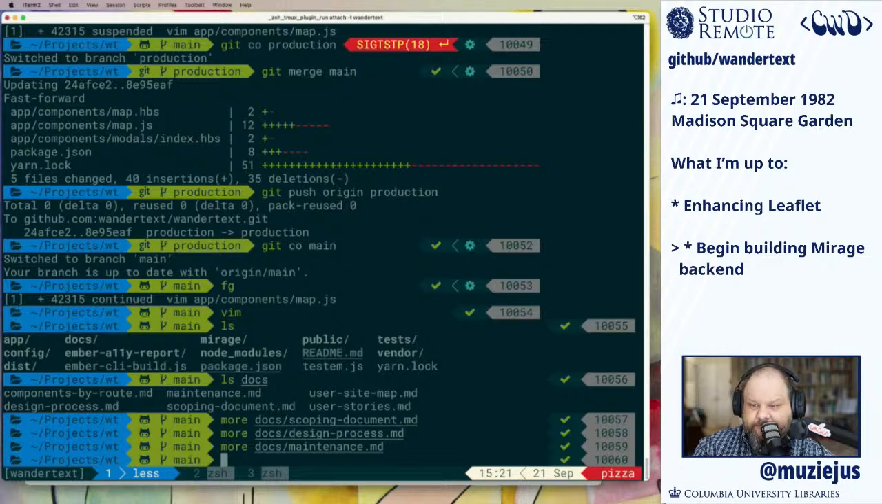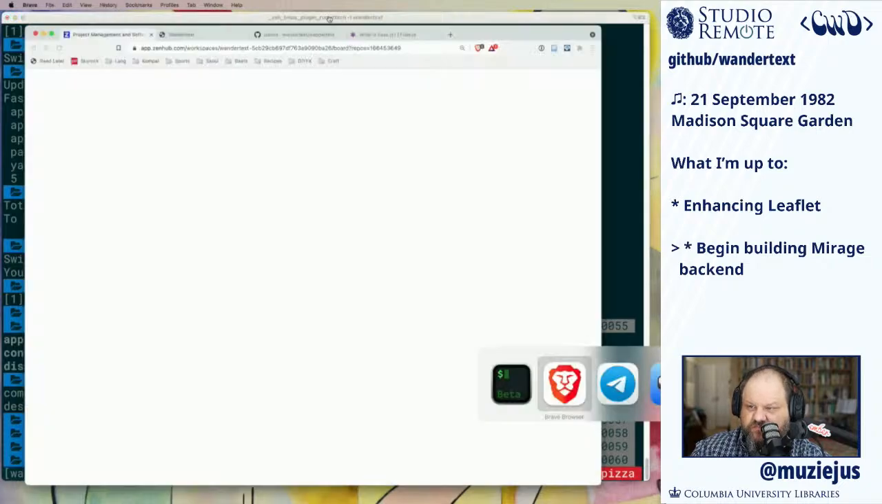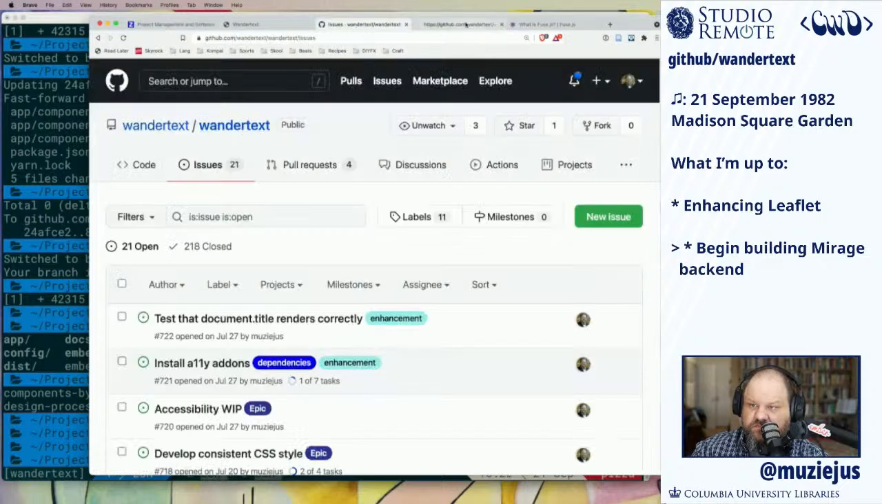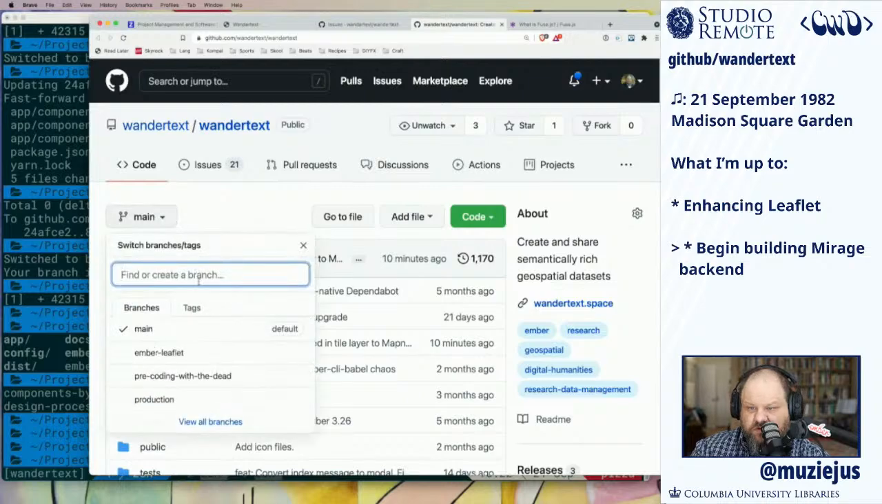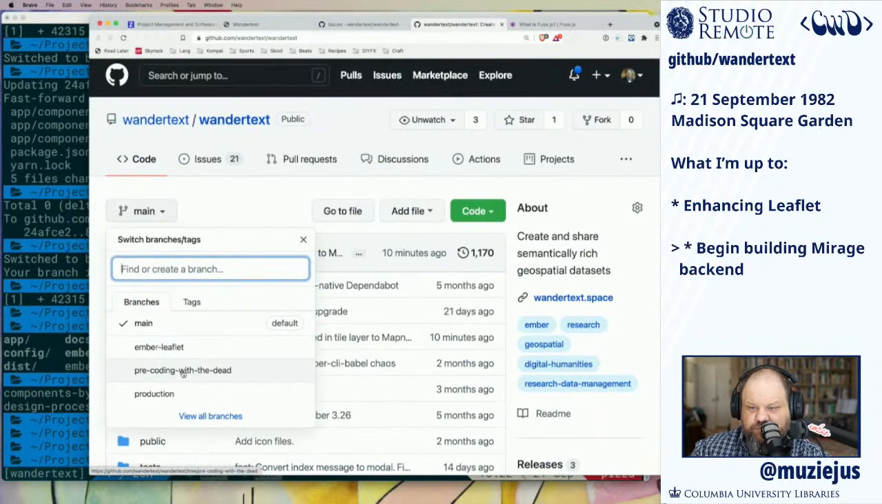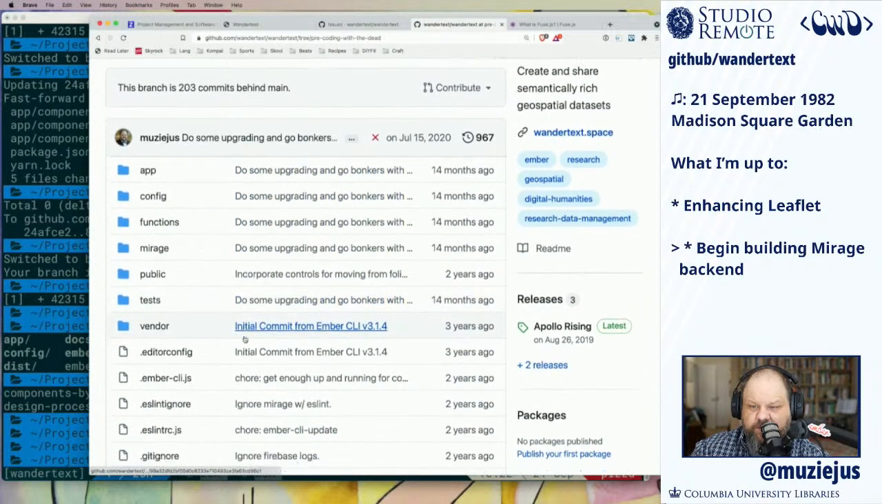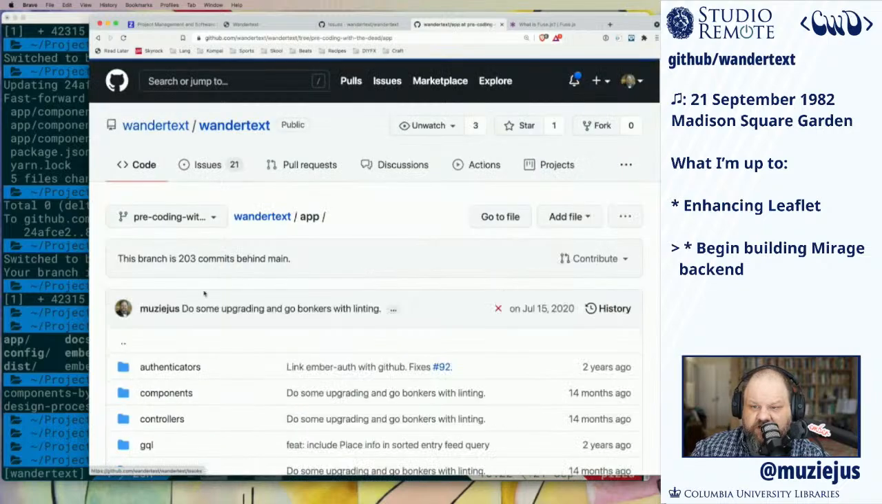Okay. Here's how it is. I'm going to go to pre-coding with the dead. I think that this is before I broke everything. And let's have a look at